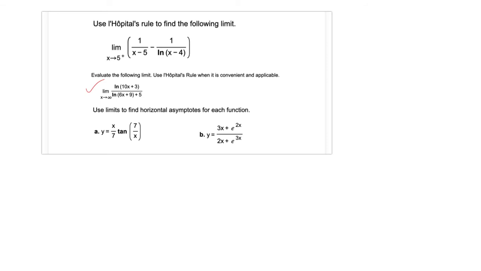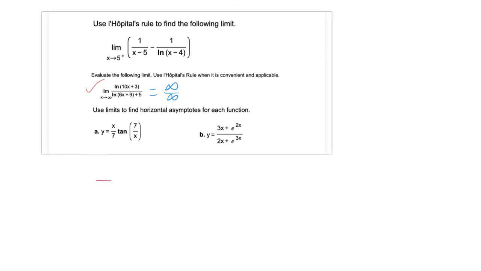Let's see, L'Hopital's rule, evaluate the following limit. Well, it's already a single fraction. If you were to put infinity here, it would be infinity inside of here, because it's 10 times infinity plus 3, so that's basically infinity. And then e to the infinity would give you infinity. So far we're looking at an indeterminate form where we have infinity on the top. And for the exact same reasons, this would be infinity as well. Now, infinity plus 5 is really just infinity. So we can certainly acknowledge that that's the indeterminate form, which means that we can now go ahead and just